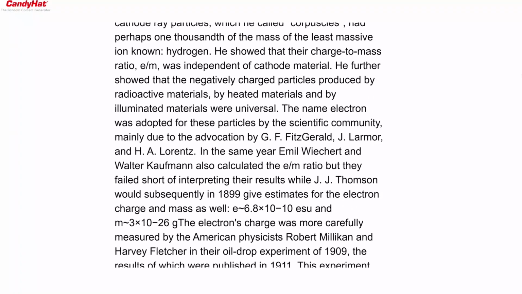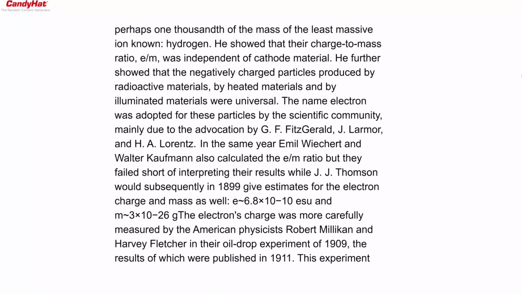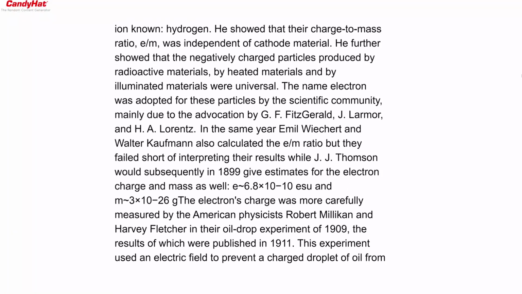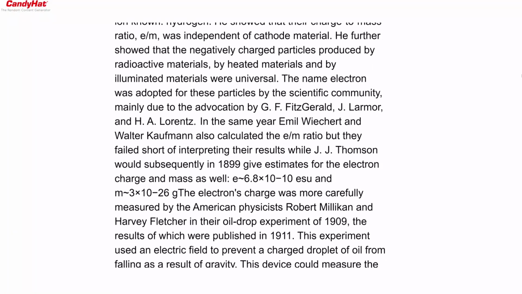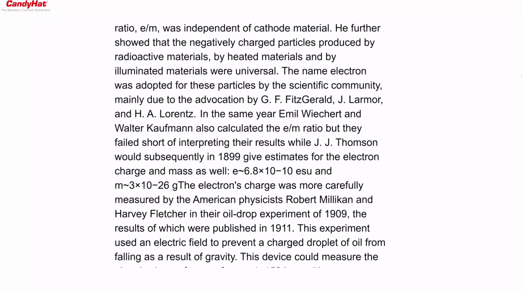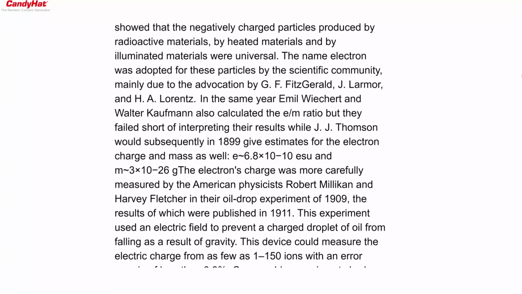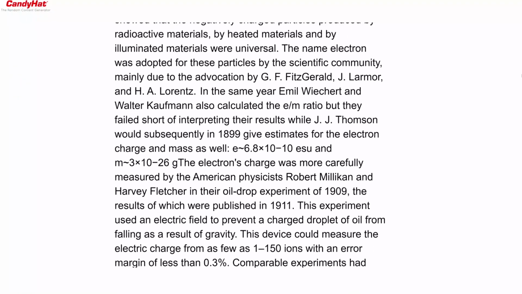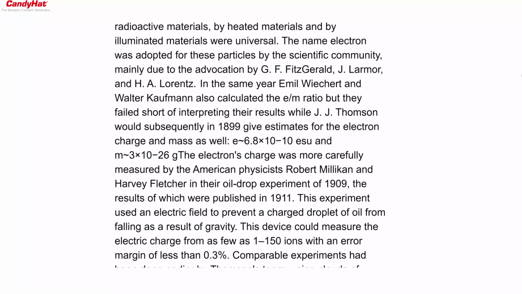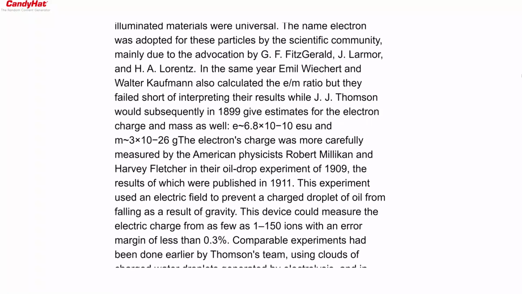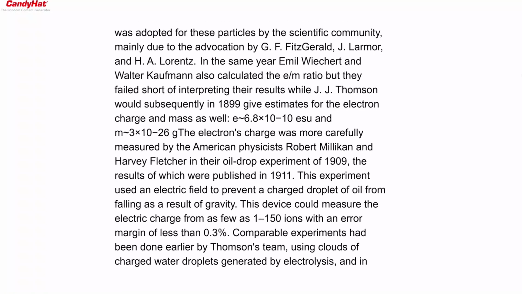The electron's charge was more carefully measured by the American physicists Robert Millikan and Harvey Fletcher in their oil drop experiment of 1909, the results of which were published in 1911. This experiment used an electric field to prevent a charged droplet of oil from falling as a result of gravity. This device could measure the electric charge from as few as 1 to 150 ions with an error margin of